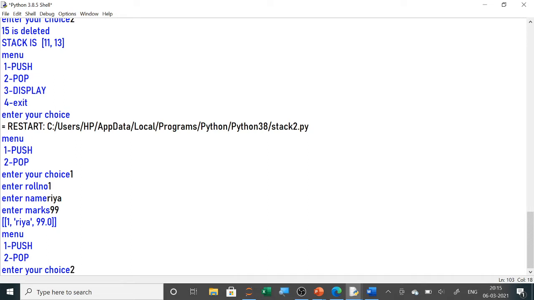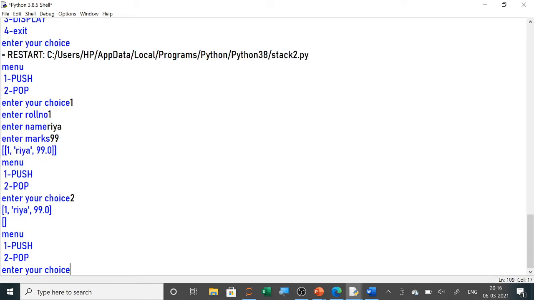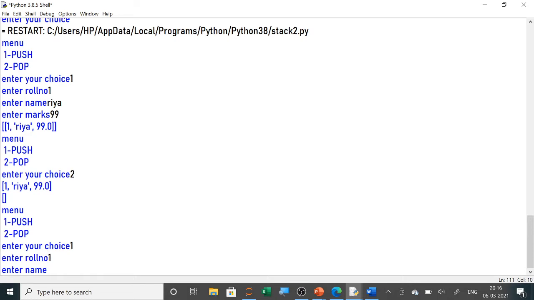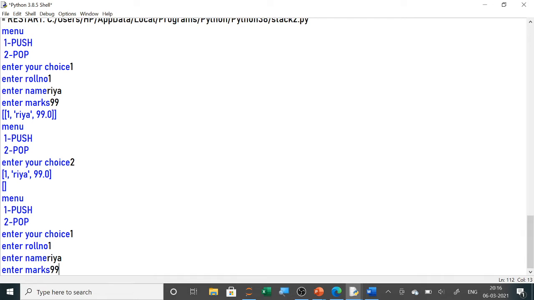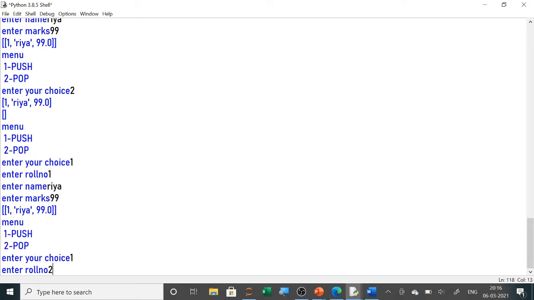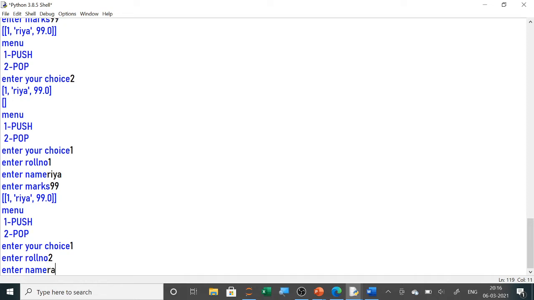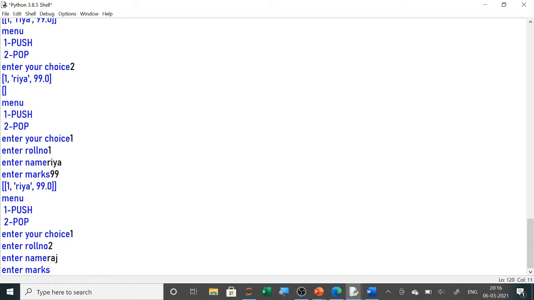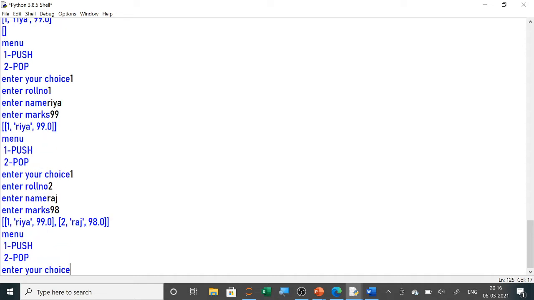फिर से अगर 2 पुश करेंगे और फिर से हम डालेंगे इसमें enter your choice, पॉप में डिलीट हो गया, सॉरी 1 डालना था तो फिर से हम डाल लेते हैं। 1 में रोल नंबर 1, नेम रिया एंड मार्क्स इज 99, तो ये एक एलिमेंट डल गया। फिर से 1 करेंगे हम इसमें। रोल नंबर 2, कोई छोटा नाम ले लेते हैं और इसका मार्क्स डाल देते हैं, तो ये हो गया सेकंड।